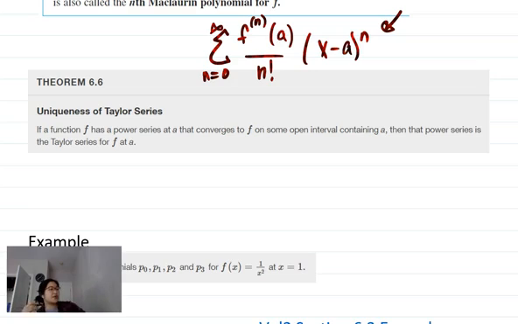So, we also have this theorem about uniqueness, where if we have our function f that has a power series and is converging on our open interval, so it's not just our trivial case where it's converging for that one spot, right? Because we have 3 different versions of what can happen with a power series. It can have kind of trivial convergence where it's only going to converge at that one location. We can have an interval of convergence, or we can have convergence for all of our numbers that we're thinking about. And so if we have our function that is represented by a power series and it converges on our open interval, so we have an interval of convergence, then